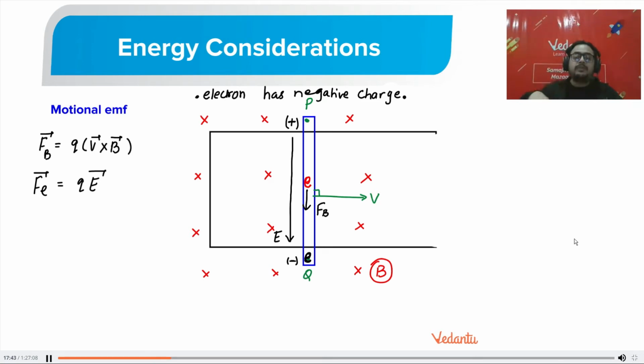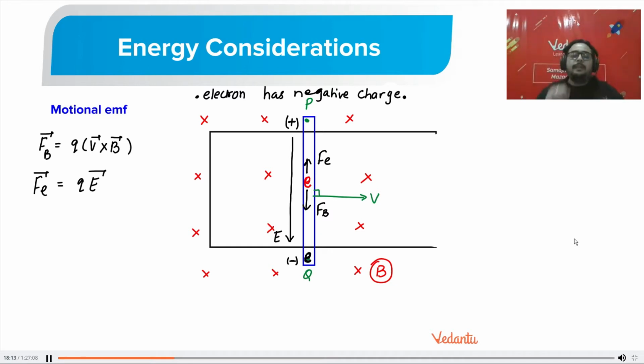So the force will be opposite to the direction of the field. Aryan, please ask your doubts after I have completed explaining, because that will break the flow for all those who are understanding it. Okay. So the electric field is down, and the electrostatic force on the charged particle will start acting up. Are you getting my point?